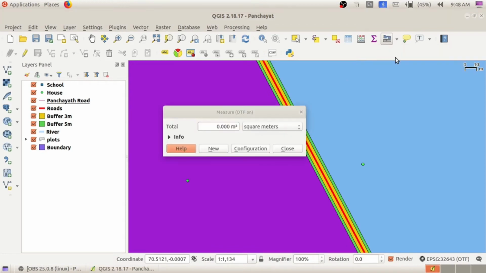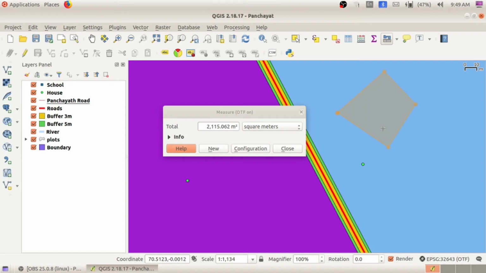Select the measure area option, and then here if you want to know the measurement of a boundary, just click on the first point, leave the click and drag your mouse, again click on the second point, drag your mouse, again click on the third point, leave the click and just drag the mouse. When you reach the start point, right click on the start point, then only you can measure the land. So right click on the start point, so that here you can see the total area in square meters, the measurement of this corresponding boundary.